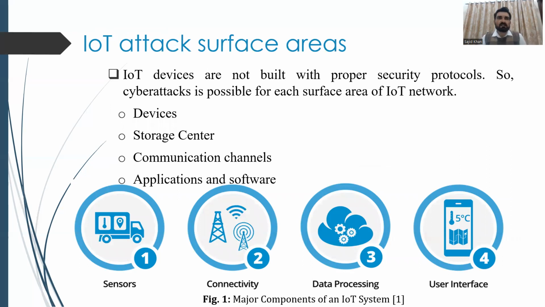IoT attack surface area means, we all know, in IoT there are four major components: sensors, connectivity, data centers or data processing parts, and the end user area. And the most vulnerable areas are data centers. Data centers means the place where the data is being stored, and we all know a sensor is one of